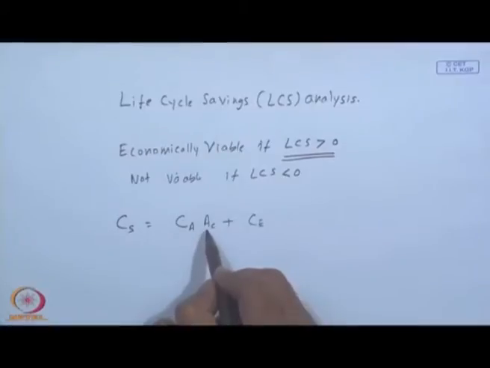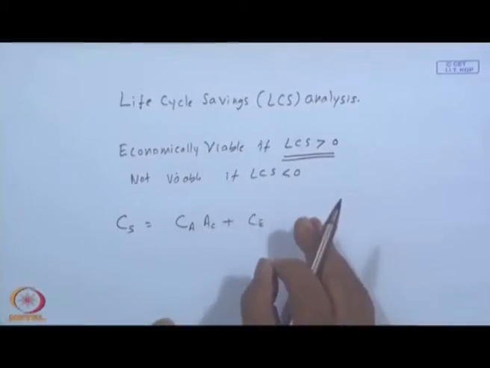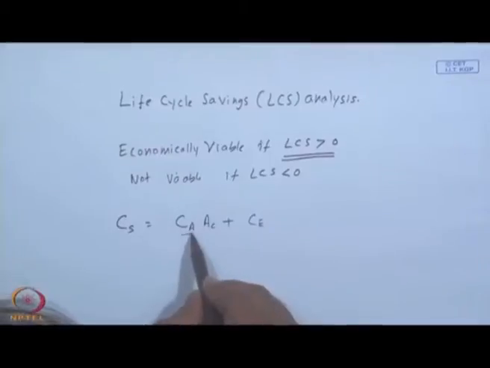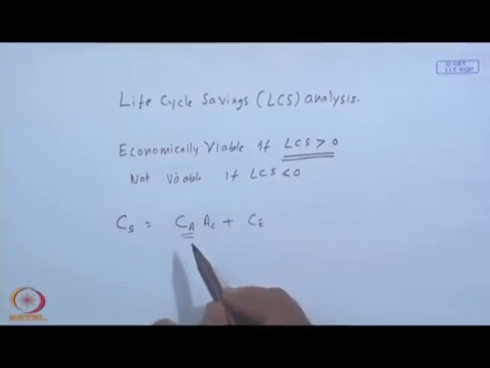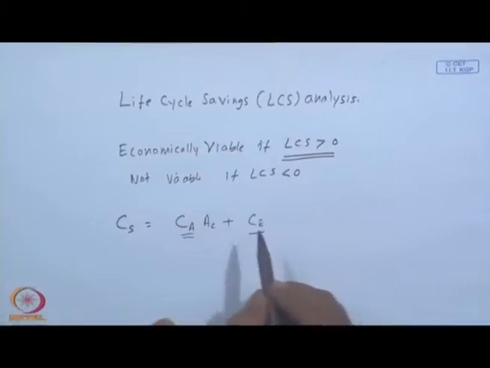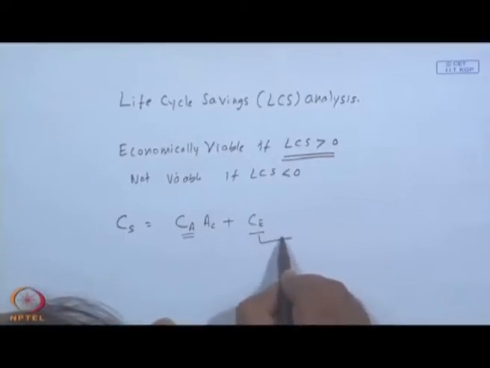For each collector you may also associate a certain amount of piping, platform, stands or whatever is necessary. You can put all those things in this factor C A, which depends upon the area of the collector, and in addition this C E may be coming from